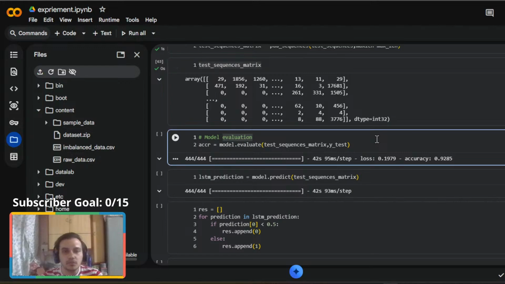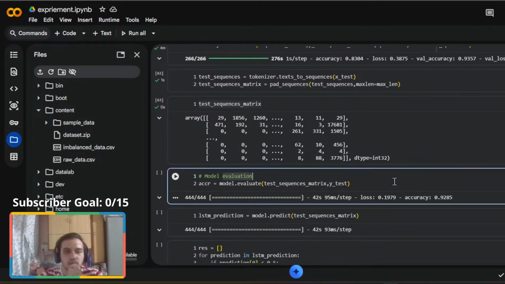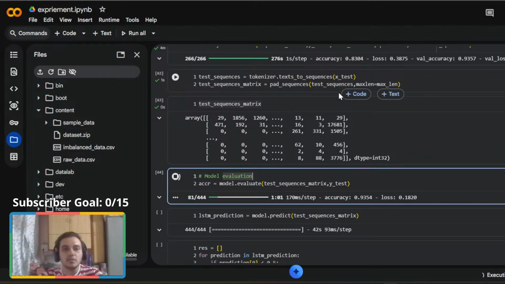For model evaluation, accuracy is equal to model.evaluate with the test sequences matrix and y test. So y test is basically